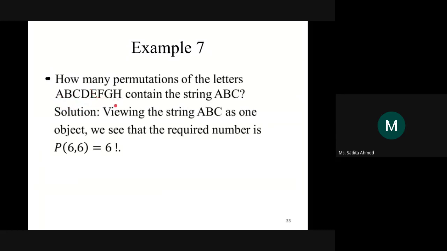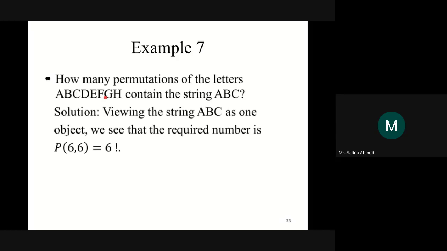So how many objects do we have in total? 6 objects. Even though at first glance it looks like there are 8 elements here, actually we have 6 elements, because you can consider ABC together as one single element. Ultimately ABC has to be together as a string, so the order within ABC doesn't matter and you cannot even split them up. So it's just one element, and with the rest of the 5 elements, you have in total